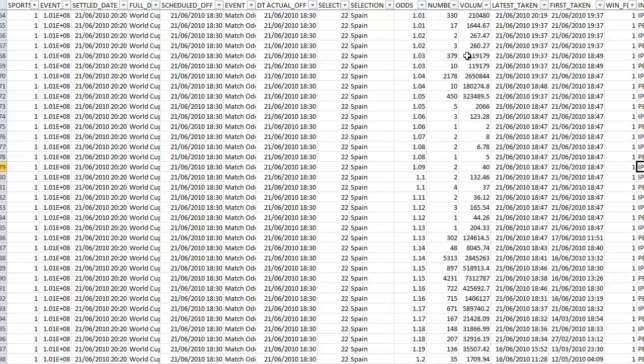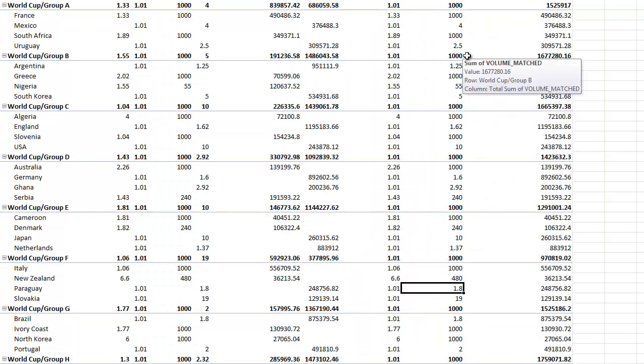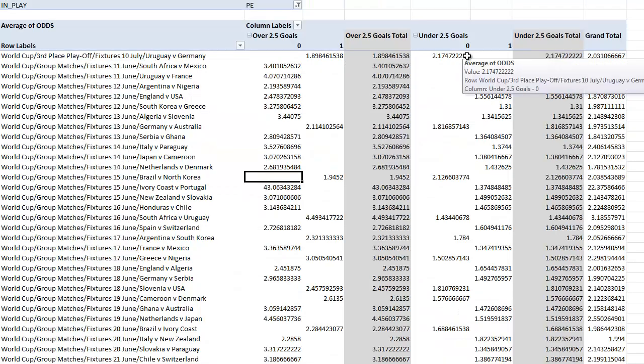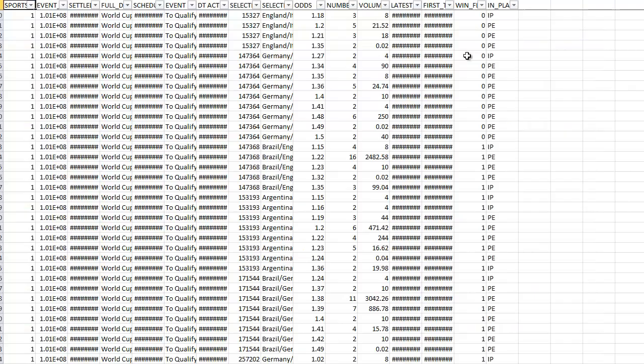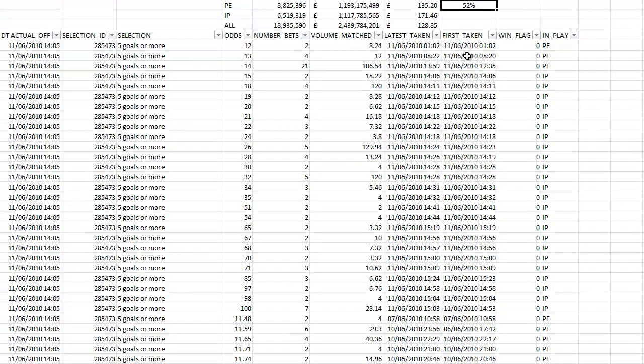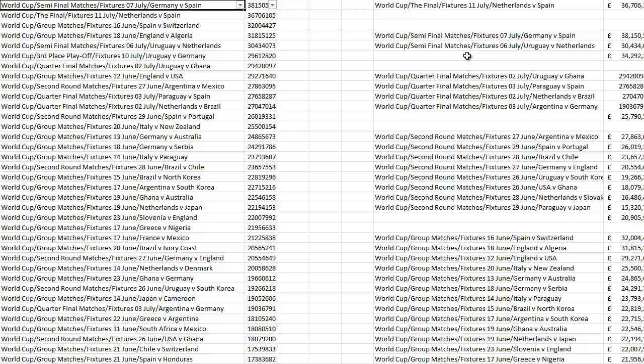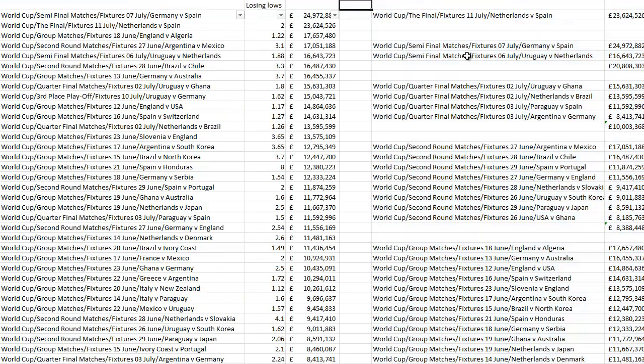You can see I've sorted and looked at all of the different variations on things that happened to qualify, the minimum and maximum odds, and all of these areas within here. So I've been looking at over and unders, and basically what happened, how much money was there, and stuff like that. But I've summarized it for you on another sheet, which has some of the more relevant information available on it.